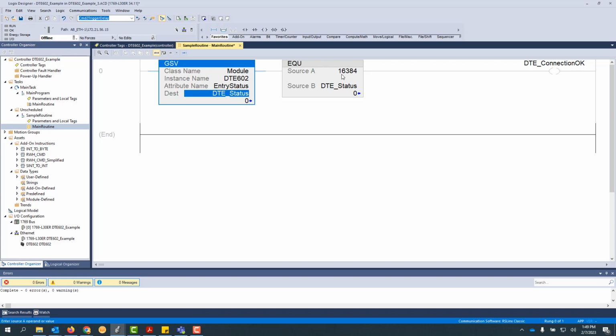We're going to do an equals. I've always seen this needing to be equal to 16,384 with Allen Bradley. And then we're just going to compare those two. If these two match, then we're going to fire this DTE connection output OK bit. Okay, this is another tag that I did have to create. Once we have this bit, then we can use this bit inside of the add-on instruction to confirm the DTE